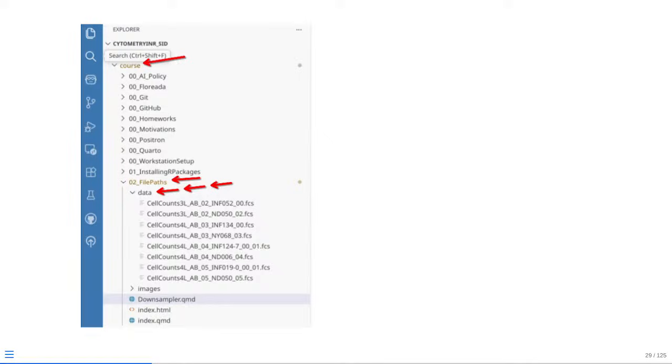And I have significantly downsampled these. They're only like 85 kilobytes each, so very, very small. They're only like 100 cells in each of these files. Within the organization of the Cytometry and R folder, everything will always be under course, and then for the particular